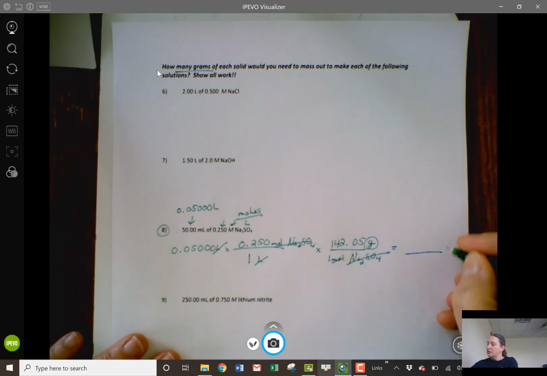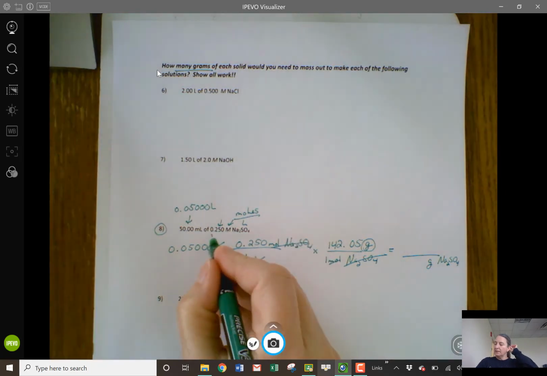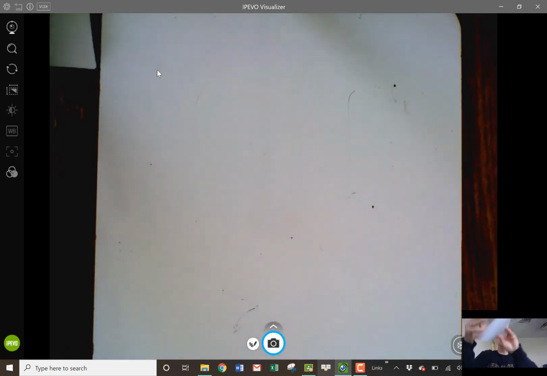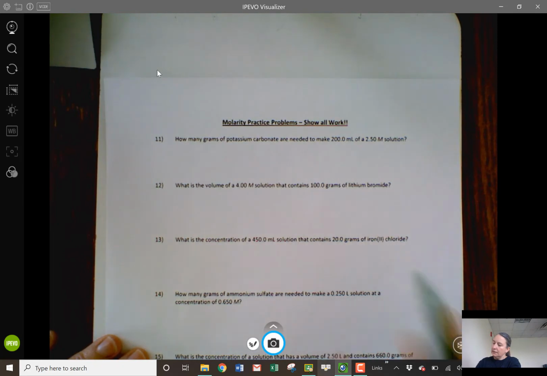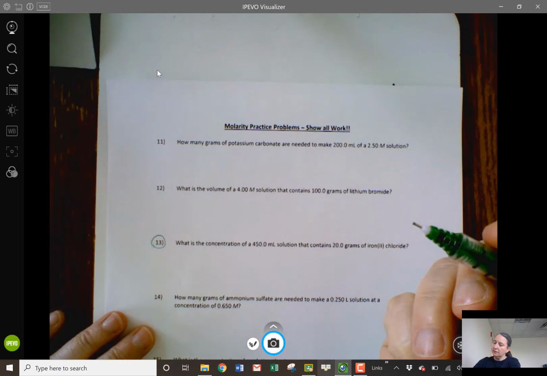So when you're all done, you should get an answer that says grams of Na2SO4. And that should do it. 3 significant digits here again because of that concentration. Okay. Let's maybe do one more calculation sort of similar to this on the back page. Let's go ahead and do, let's do number 13. Actually, no. Let's go